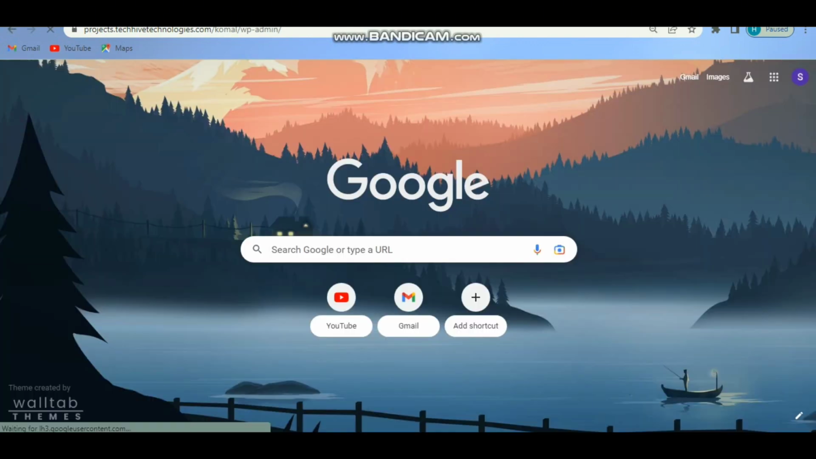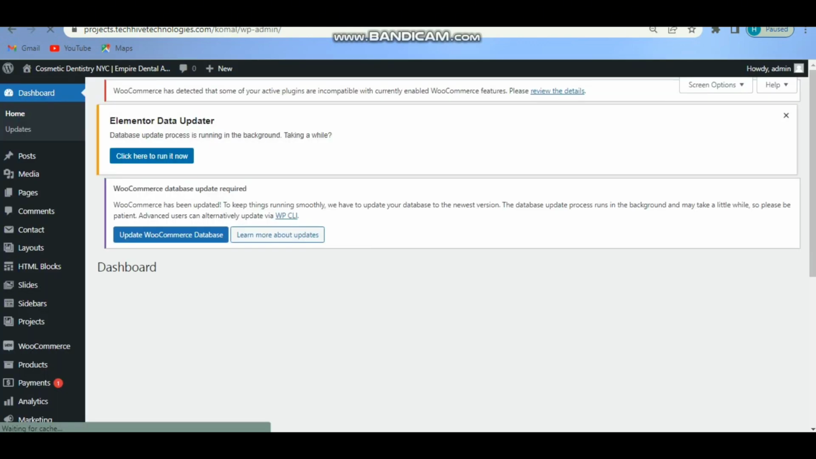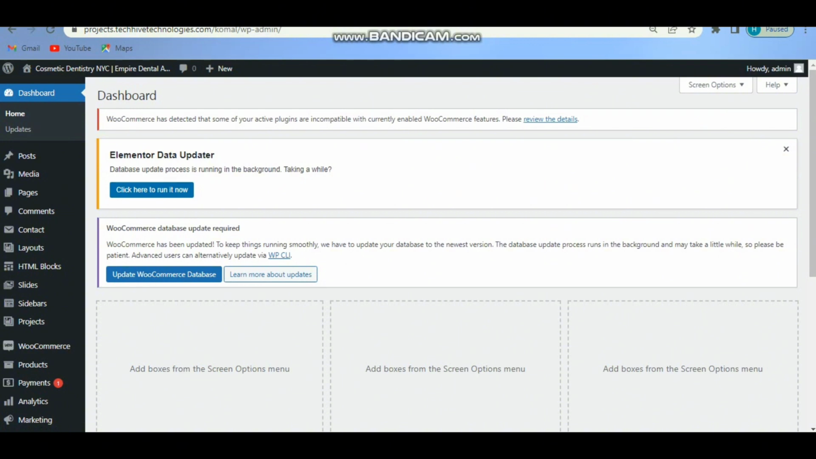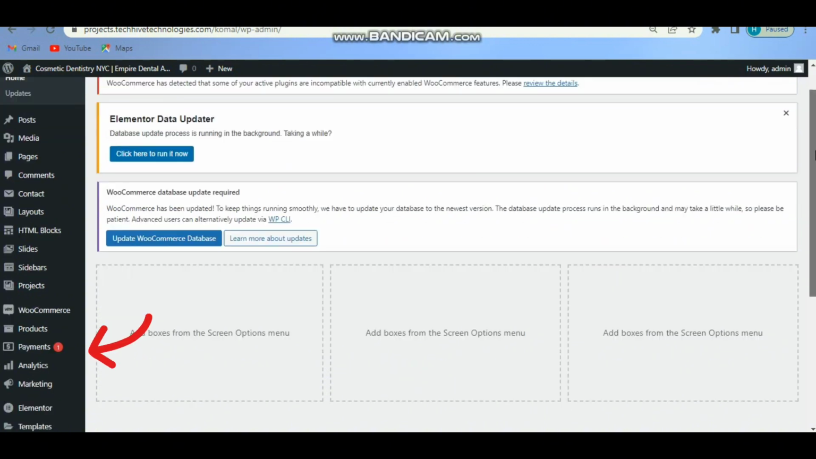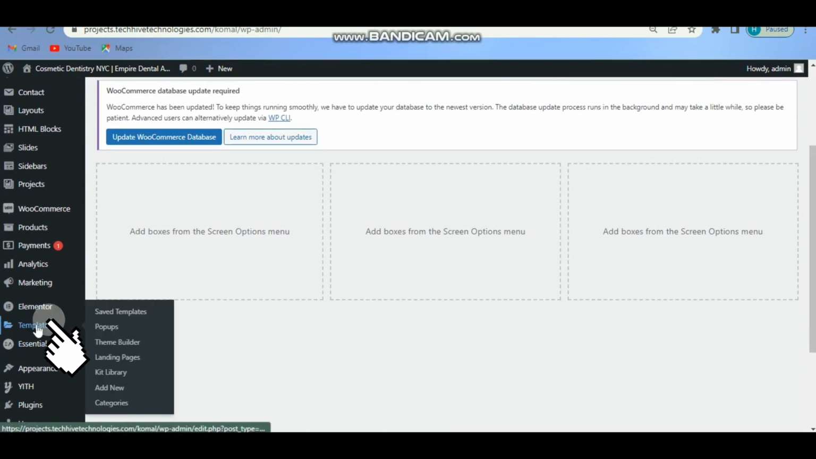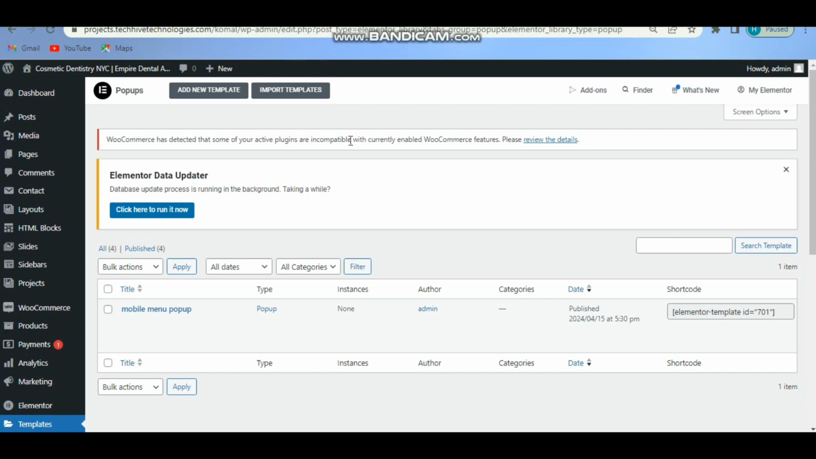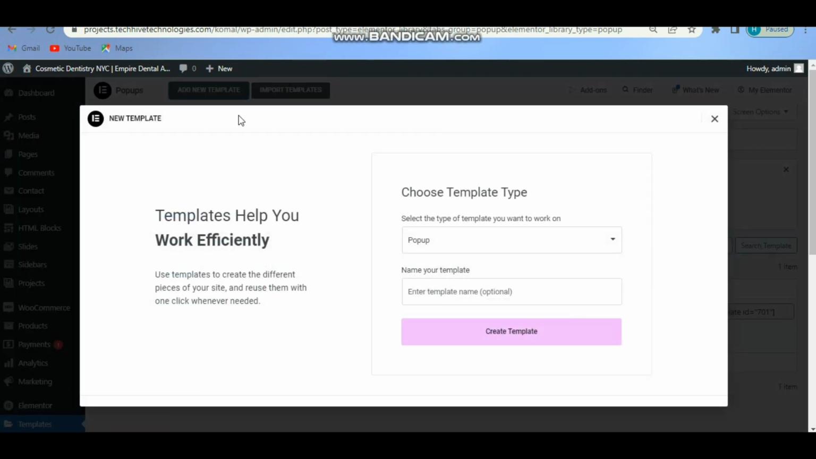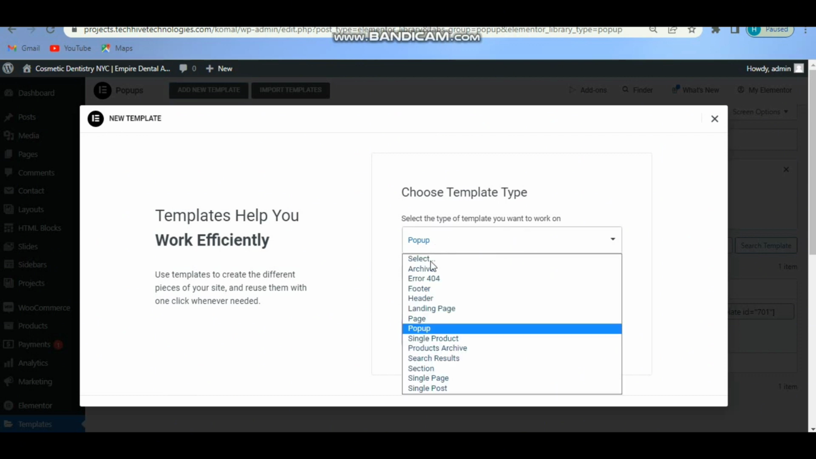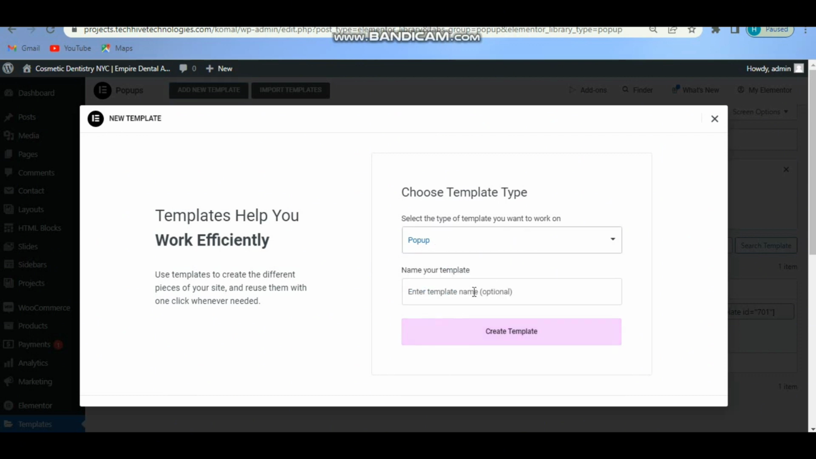First of all, go to your website and log into your WordPress dashboard, and from the left hand menu navigate to templates and click on pop-ups. After that, that's the interface that will be shown, and then click here on add new template and select from here pop-up and give it a name, and then click on create template